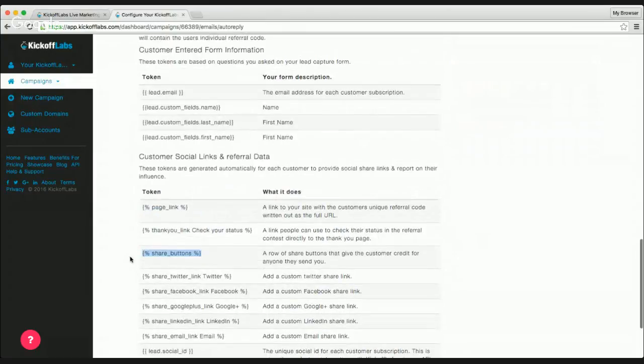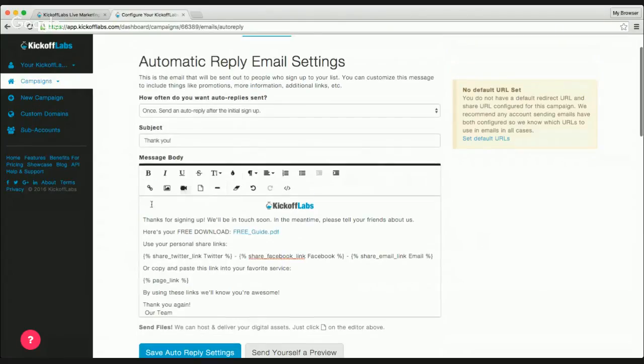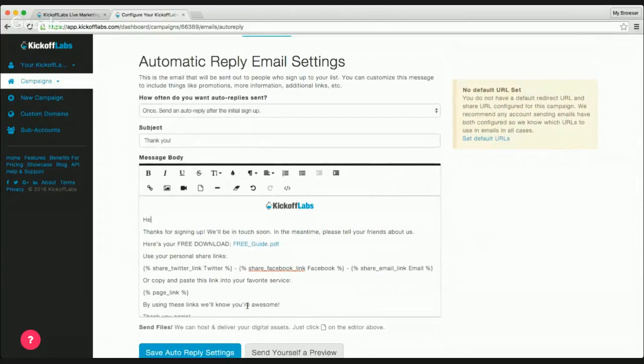So let's say I wanted to use their first name. Cool. Because if you recall, I was collecting that first name. Actually, that's the last name. All righty. So I'll say, hey, person. And when it gets sent out, it'll say, hey, Izzy, thanks for signing up. Or like, hey, customer name, whatever the person uses in that customer name. Just in case they leave it blank, it'll come out blank, just so you're aware.